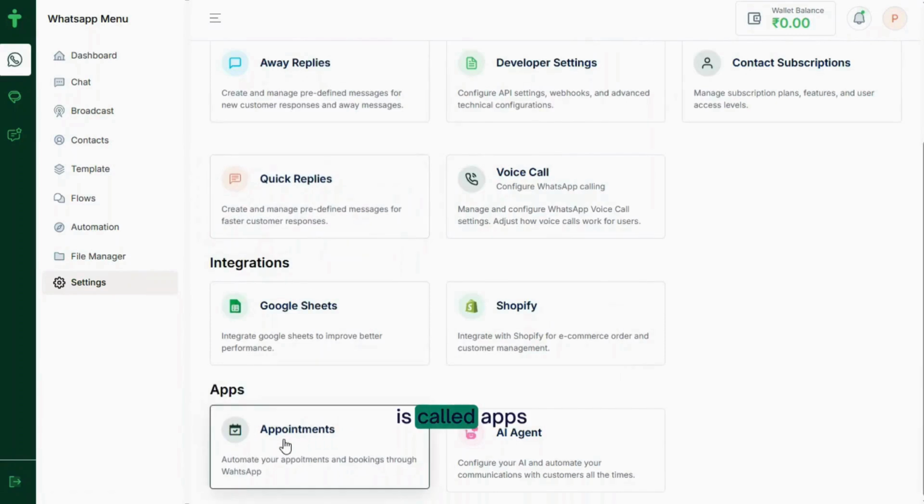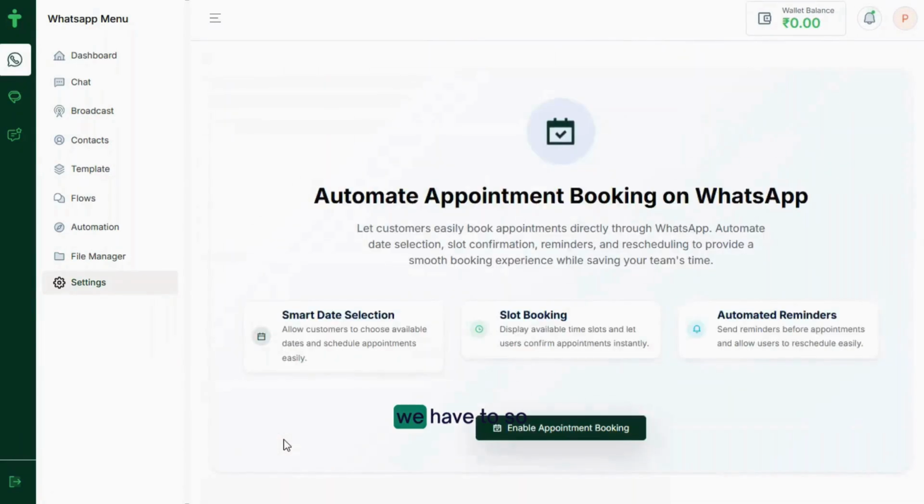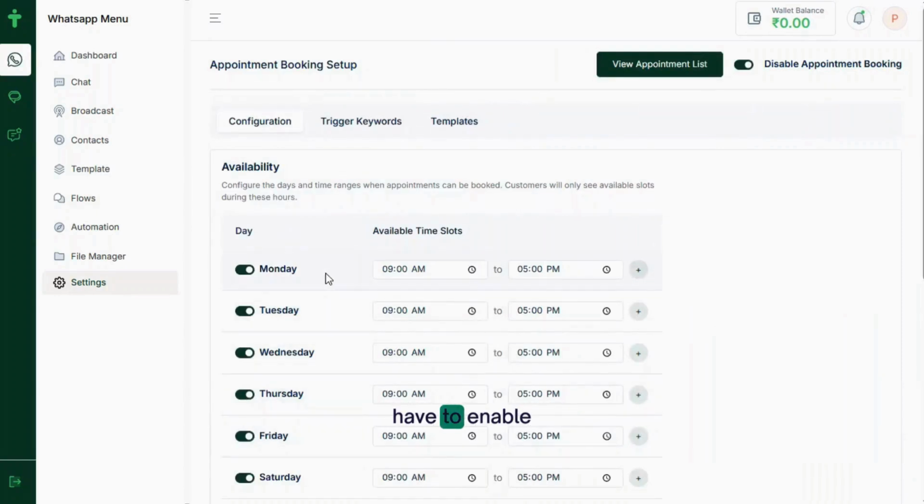And the next term is called appointment. In this appointment, you have to enable the appointment. First, we have to configure the availability time. We have to set up the available time slots, so you just make sure of your working hours. So in this below,